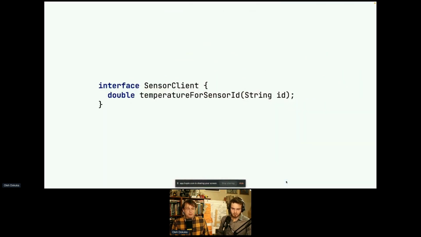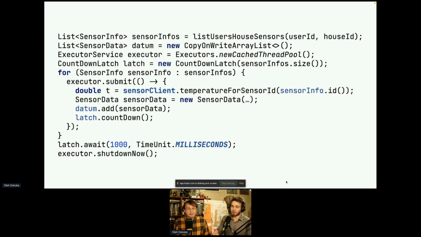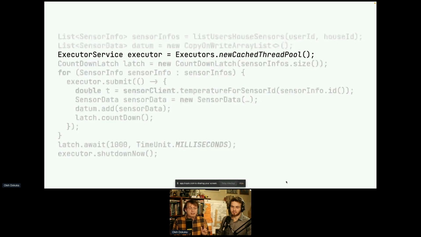Well, let's see how your imperative Loom is going to help solve this type of problem. And it will be very easy. On the first step, we shouldn't change our public API and our blocking implementation. So we can continue to use our sensor blocking client with a simple double return type. Okay, but what about this? Here we can change only one line of code. We should change only the implementation of the executor service. Now it will be a new virtual thread executor, and nothing else should be changed here.